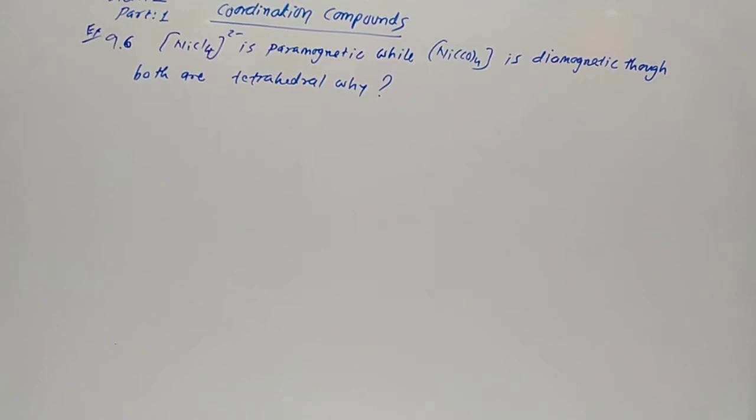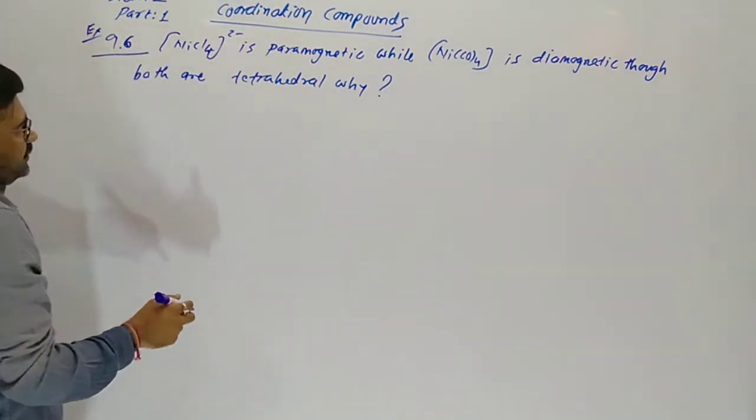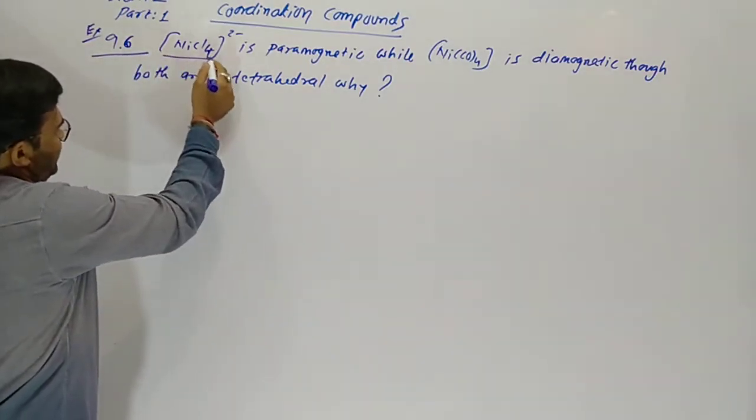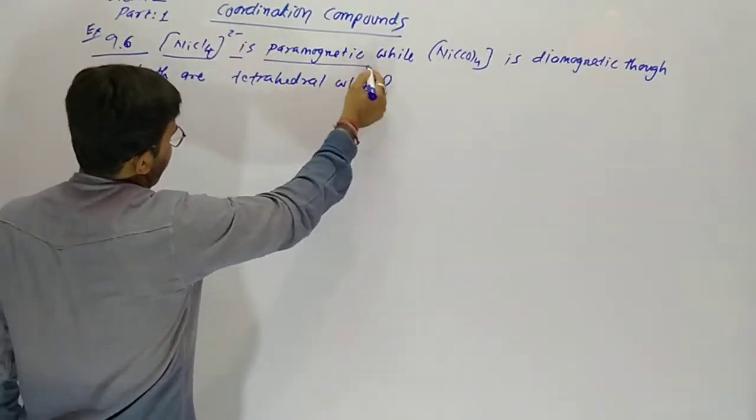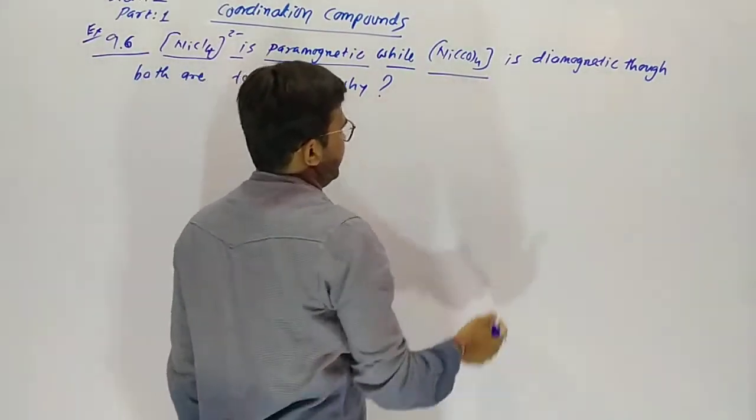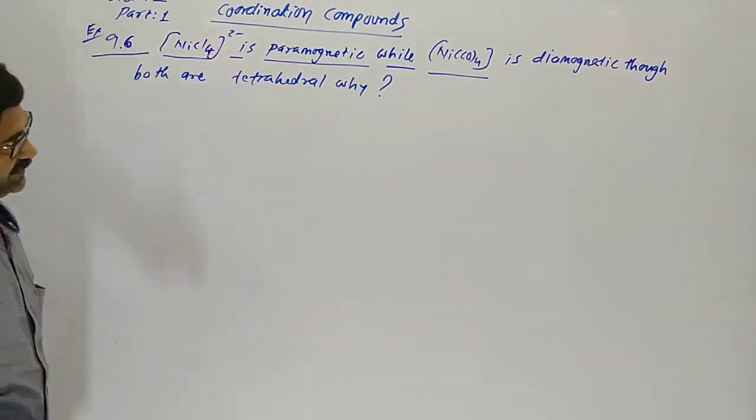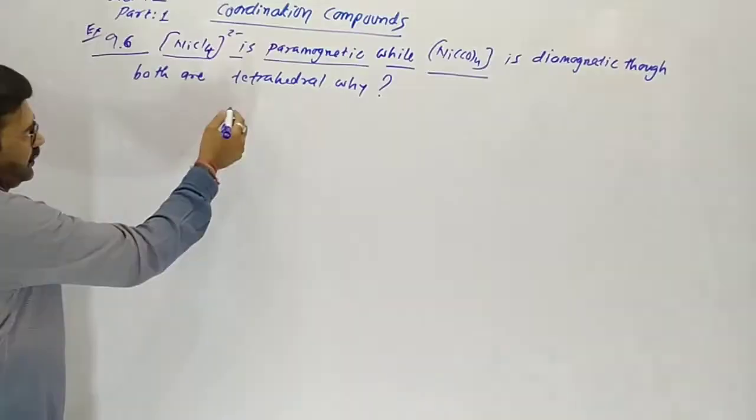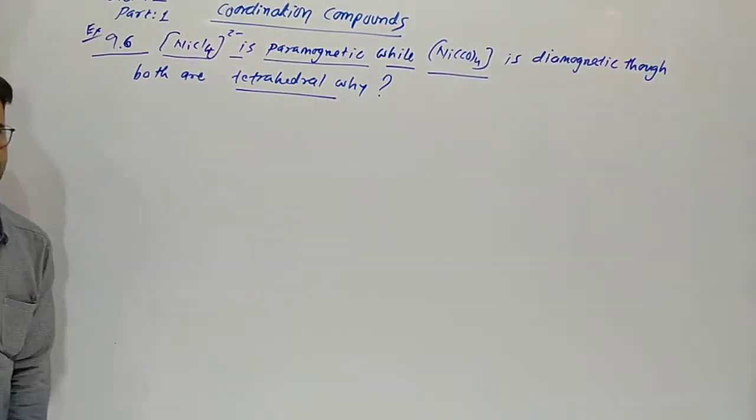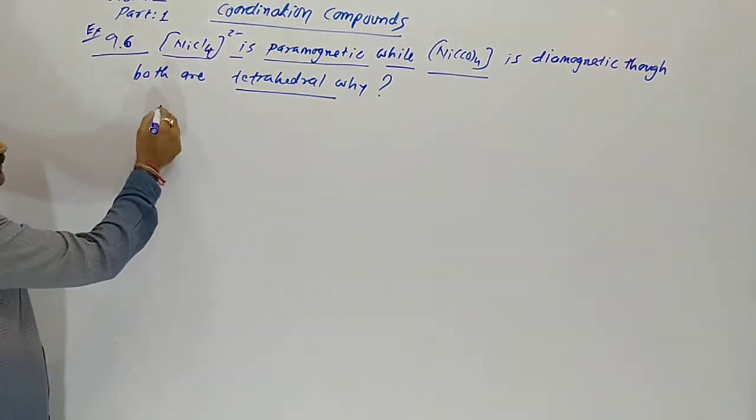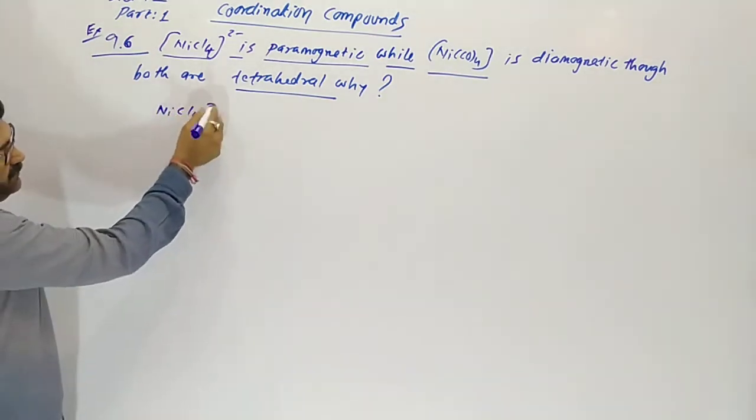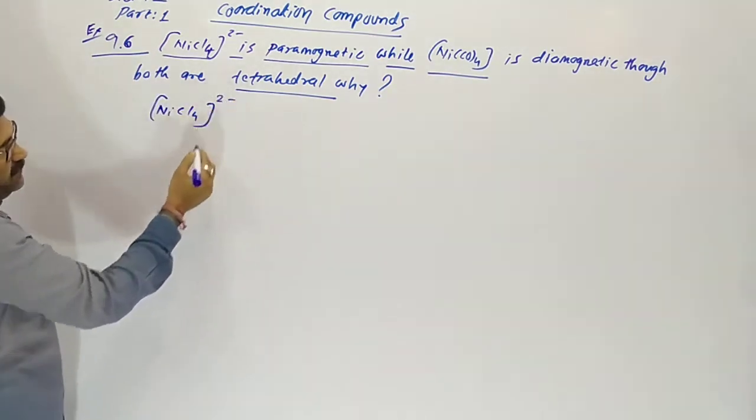Dear student, here in our new question 9.6 of index: NiCl4 2- is paramagnetic while Ni(CO)4 is diamagnetic though both are tetrahedral. Why? Explain. Here first of all in NiCl4 2-